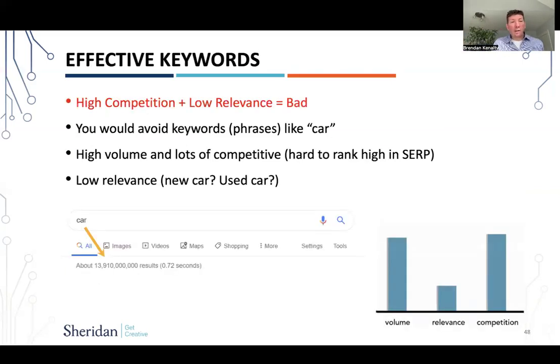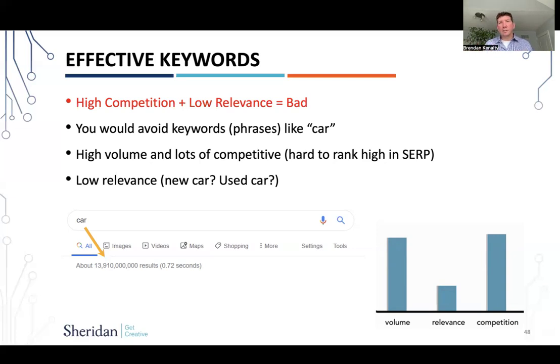And this is kind of what we're talking about, this phrase versus a word. It's this idea of competition. Like again, imagine that Google has 10 slots to present results. If you're going out with a simple, high volume search like car. People don't even really search car anymore. People are more sophisticated with search. This is kind of in the old days, but car has a lot of results. So there's a lot of competition. And it's not particularly relevant.